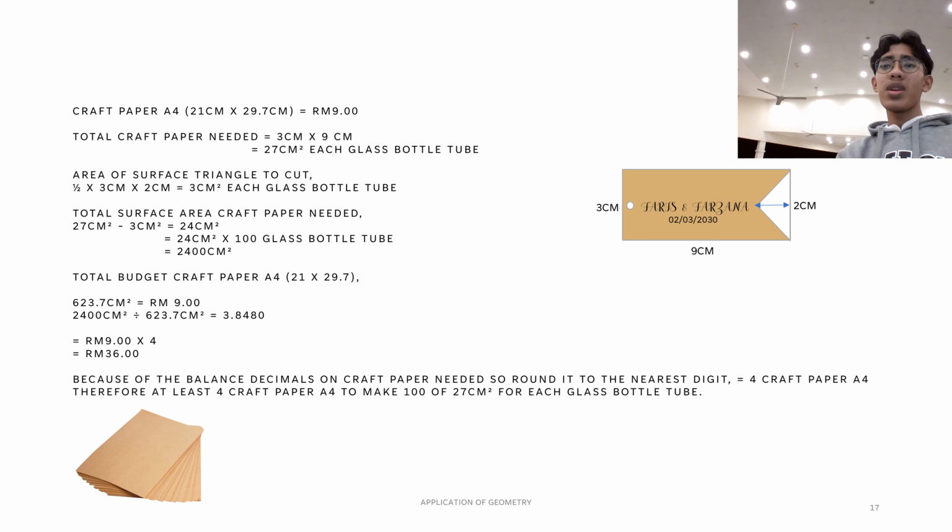And then we get 3 cm square for each glass bottle tube to cut out. Sum it up. The total surface area of craft paper we need is 27 cm square minus 3 cm square, which is the triangle to cut out. And then we get 24 cm square, which we need to multiply by 100 for 100 glass bottle tubes to get